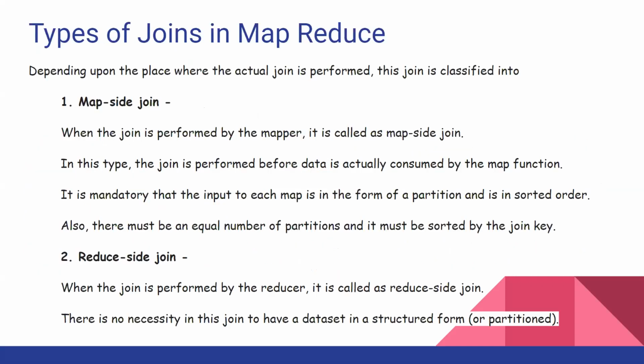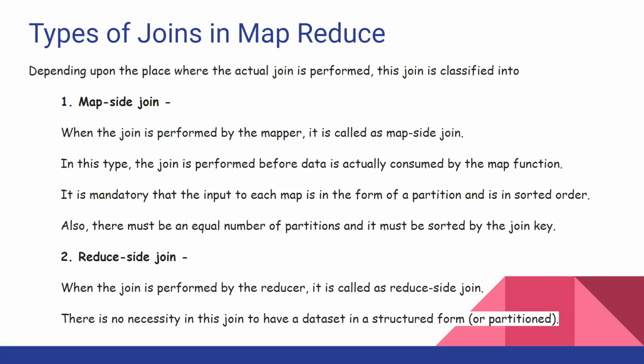Coming to the map side join. Whenever the join is performed by the mapper alone, it is called a map side join. In this type of join, the join is performed before the data is consumed and a shuffle sort operation is performed, and then we arrive at the output. Then coming to the reduce side join, this join is performed by the reducer, and hence the name reduce side join. One major advantage of the reduce side join is that we basically no need to